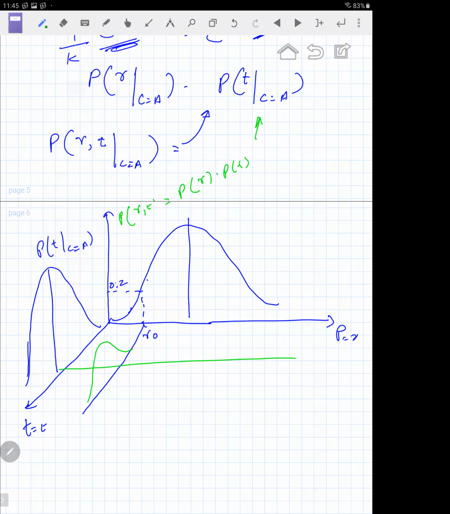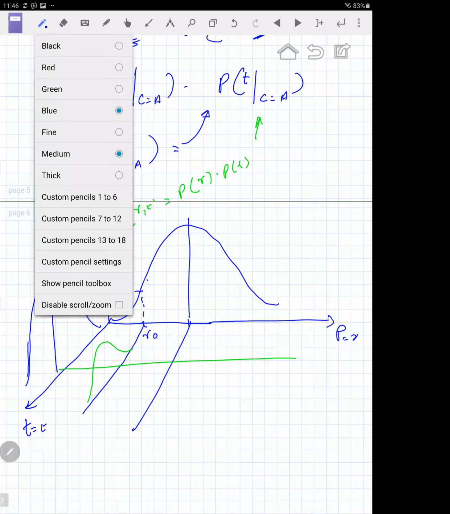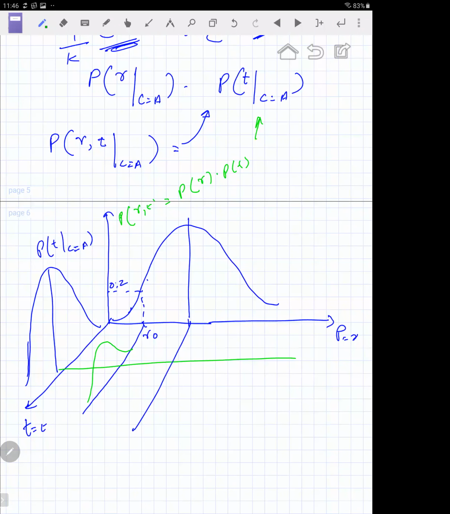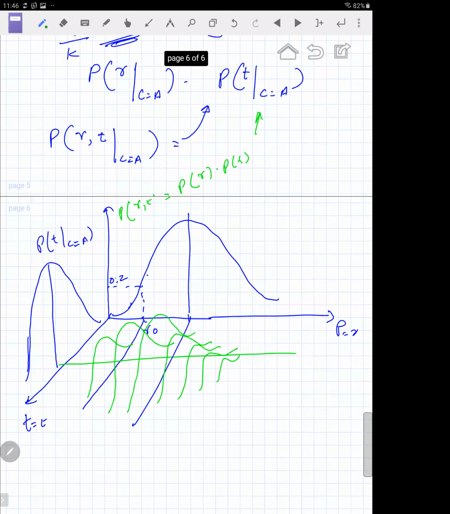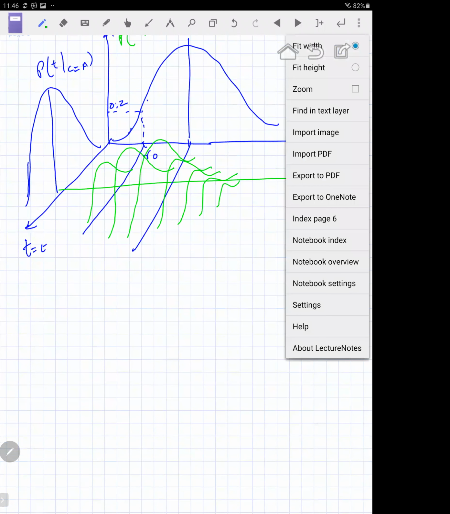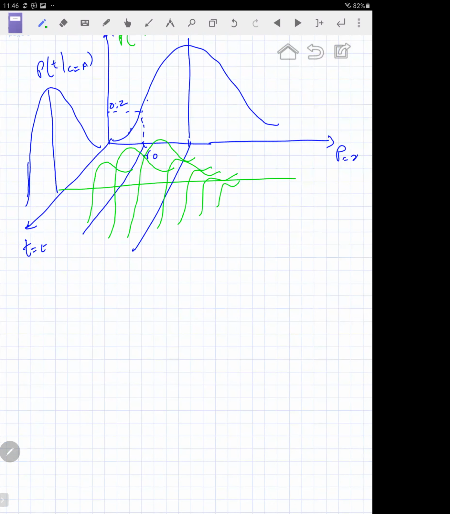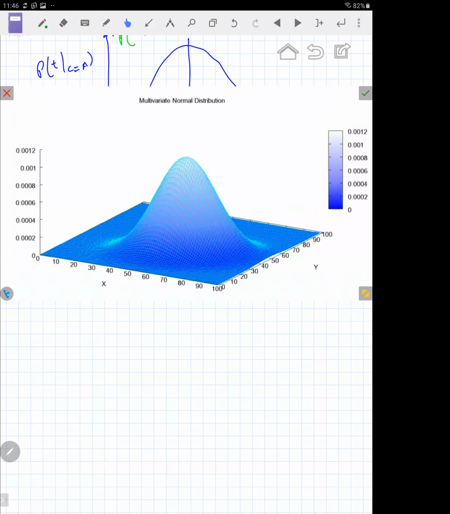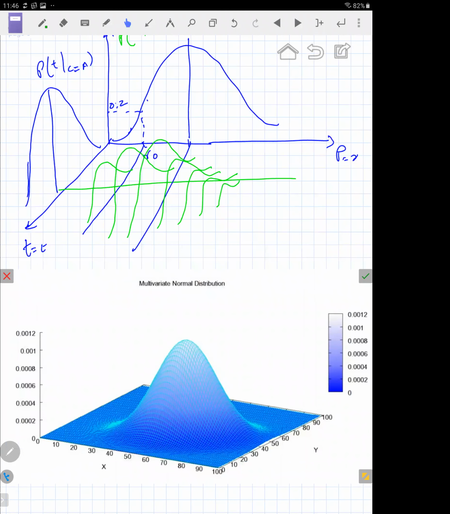I'm just illustrating it for you, right? This is the mean, and this is the mean for this guy. And what you would see here, if you let your imagination be more powerful, is kind of a joint distribution. If you can imagine, it looks like a cone coming up. And I have a better picture of this over here, right? This is what it would look like.